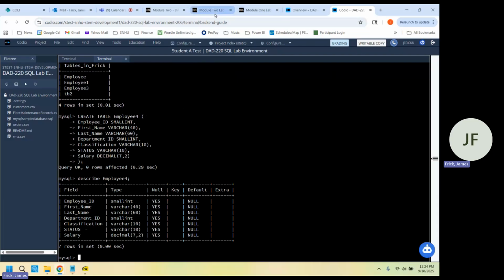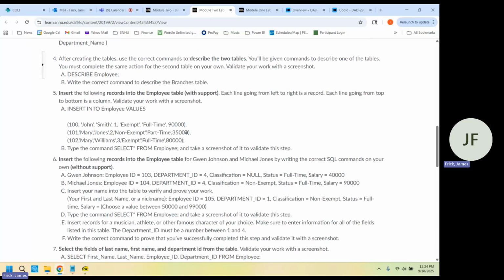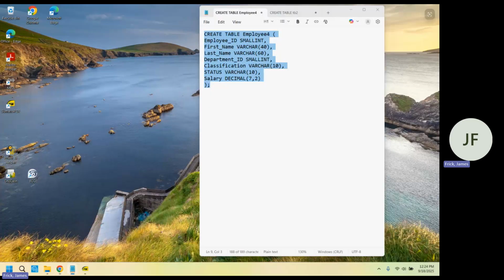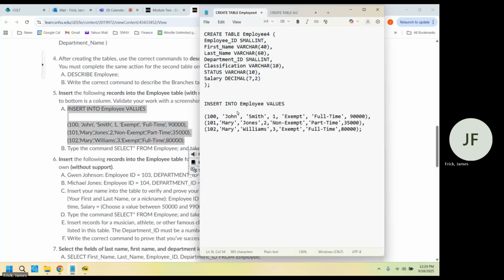So let's go back and look at the example of data you need to put in. So I'm going to copy this. You would normally be typing these by hand. And there's a space here. I'm going to leave it there to make a point, but you don't have to have that. It doesn't hurt, but it's good. Now, notice that I do not have an open and close parentheses on this. I simply say insert into employee values and